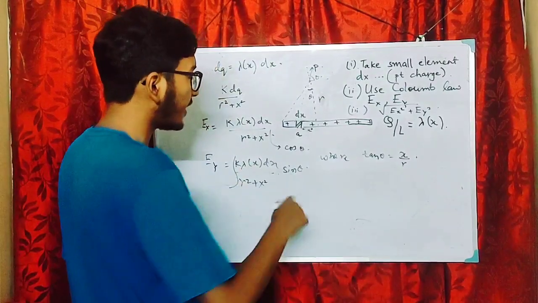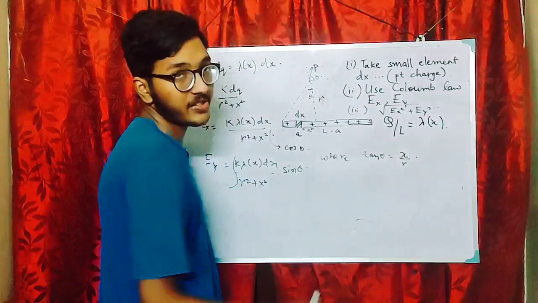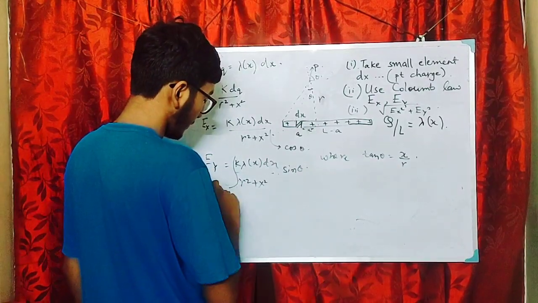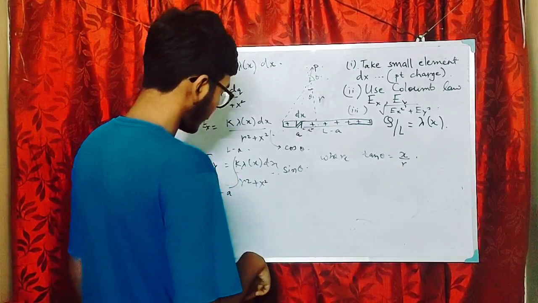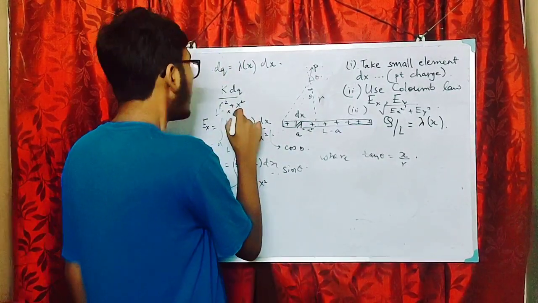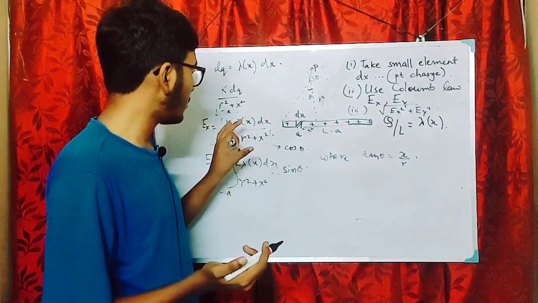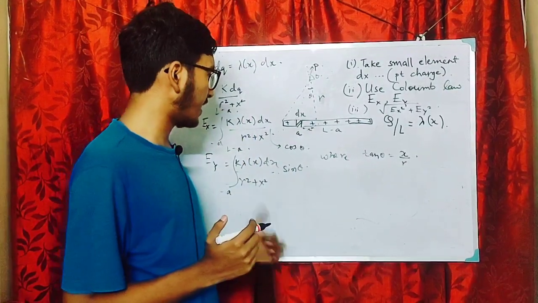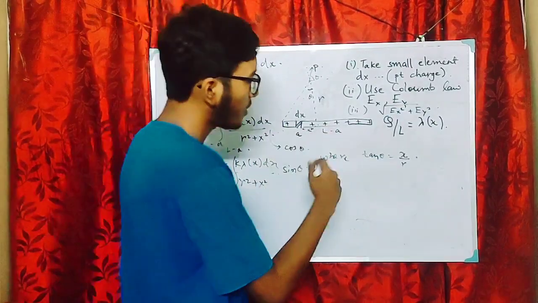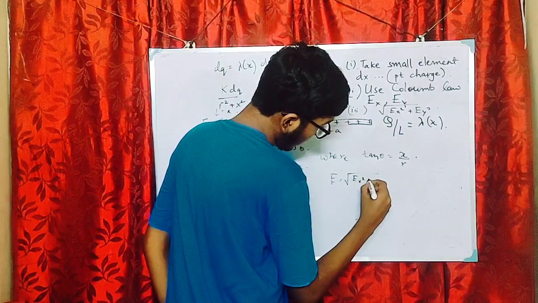You just integrate it from minus a to L minus a. You integrate it from minus a to L minus a. So you will get from this function, ये function तो अभी हमको पता नहीं है, but जो भी function होगा हम इसको easily integrate कर सकते हैं, या आपको integrable function ही दिया जाएगा, ऐसा कुछ उल्टा सीधा नहीं दिया जाएगा. So the last answer that we'll get, E is root under Ex square plus Ey square.